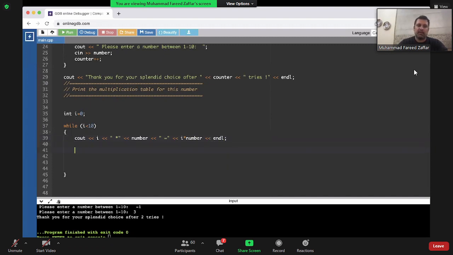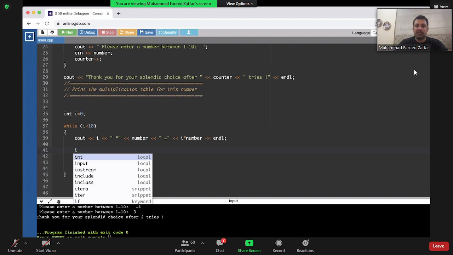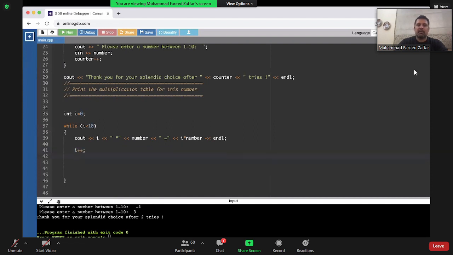Okay. And now inside the loop, I need to increment the counter. And this is my loop.